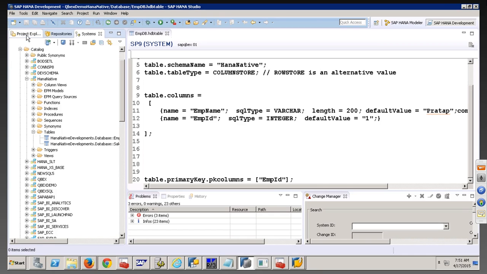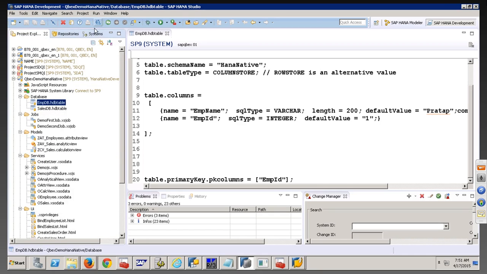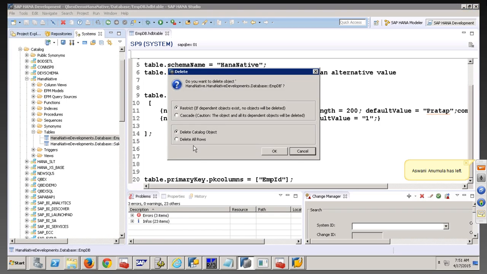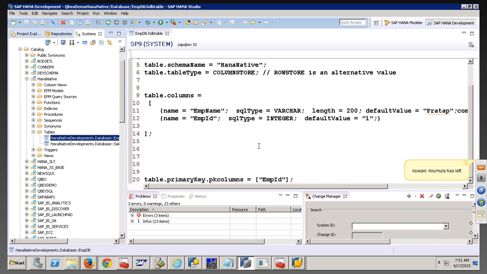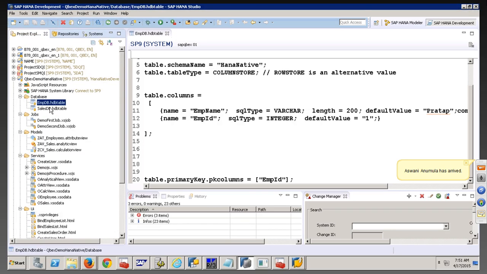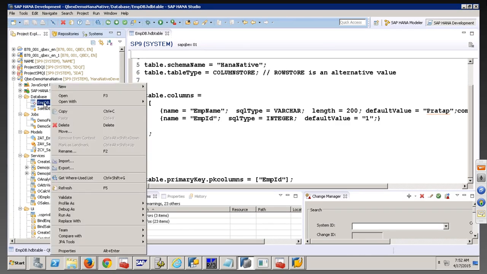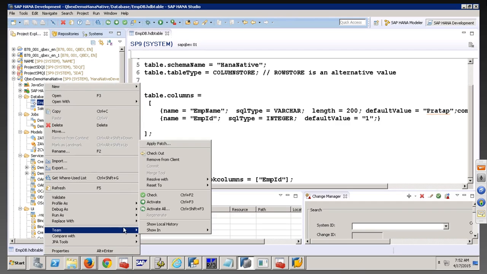There, table EMP. EMP DB was my table. If I just delete this table, is my table deleted? If I go to my project and just save it and activate this file again,